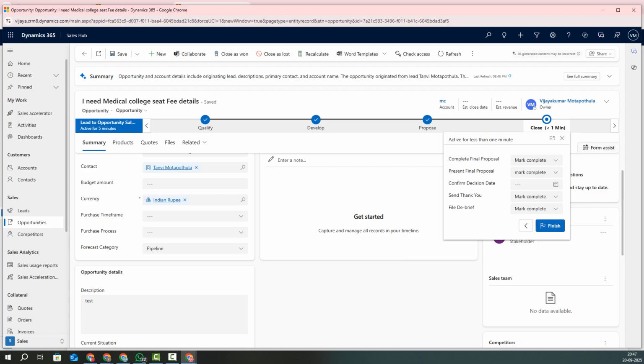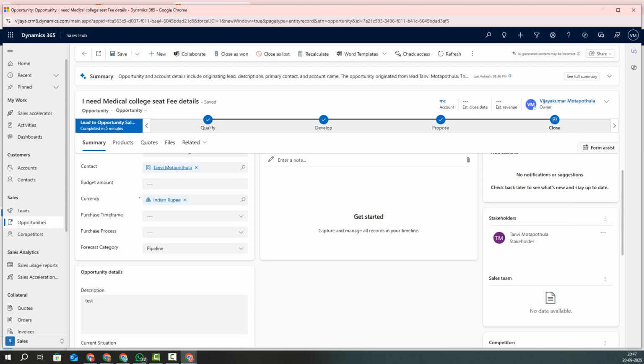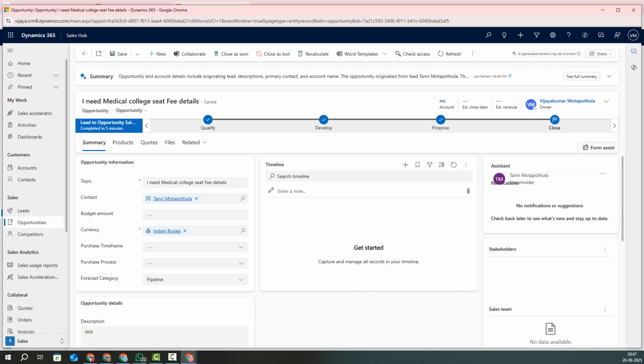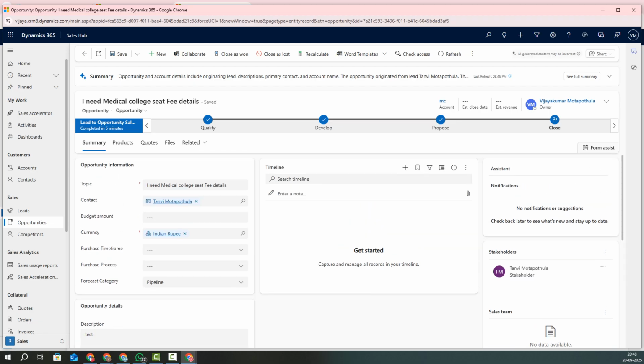Closing means we are not closing the lead here, this is just one story, we have just finished it. So we have completed our BPF flow. But what is our next step? Right? So our next step is